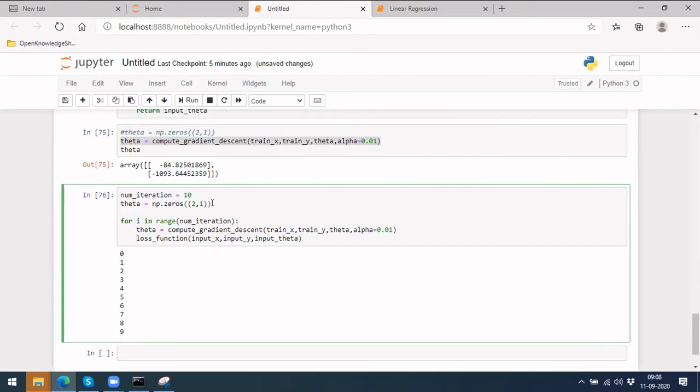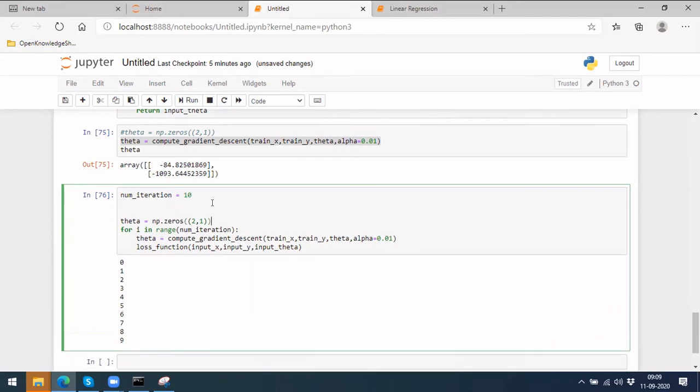Let's store it in a list, a loss value list. Let me store this value inside this. Since we are adding into a list, we have to do dot append, so this will store it in the list. The next step is running this, which would give you a new theta in the end. Let's print that new theta.